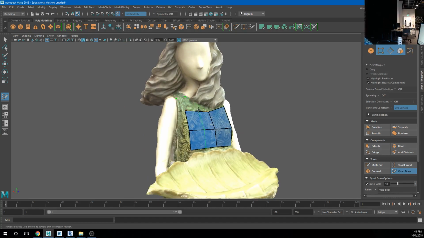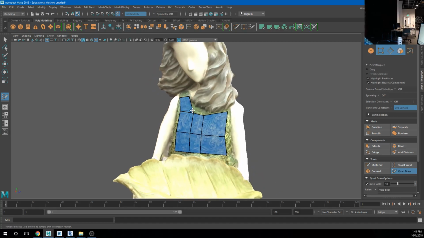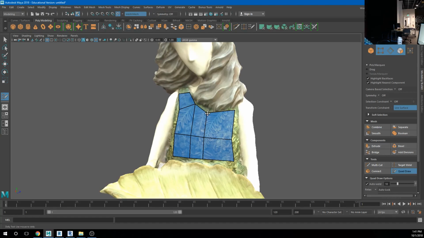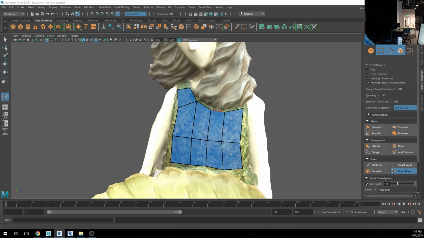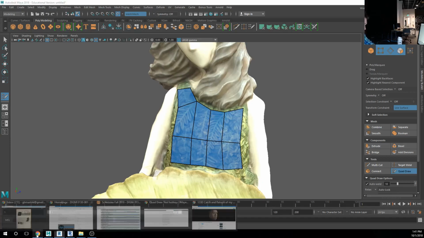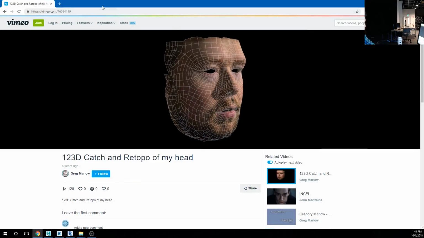Now many of you are going to have questions about topology. There is not an easy answer to any of that. What I would do is say learn from the people who have done this before. If you go to Google and we just search